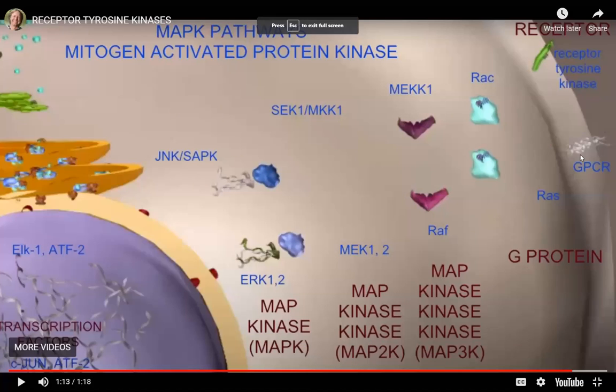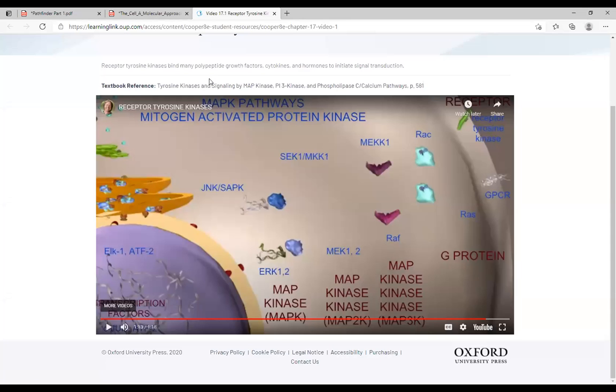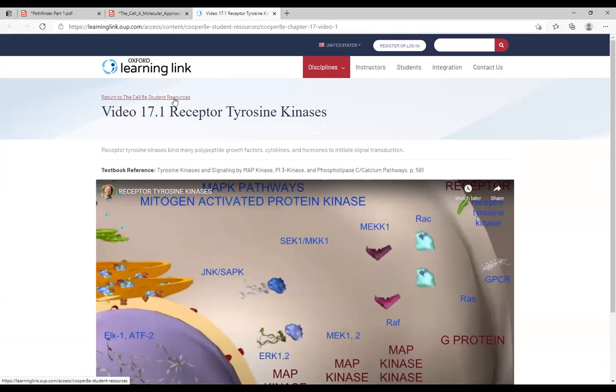See this: the receptor tyrosine kinase was there, then RAS, RAF, MEK, the ERK, and ultimately towards the nuclear membrane into the nucleus where it will get activated. This is how the activation is going to be performed. Okay, now moving back,